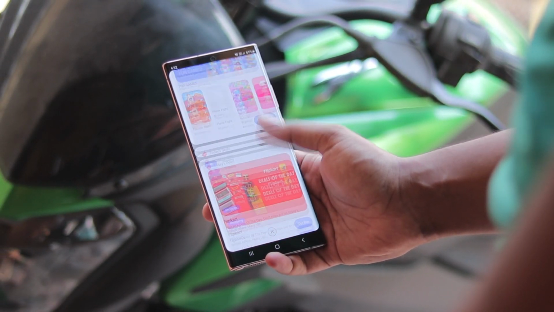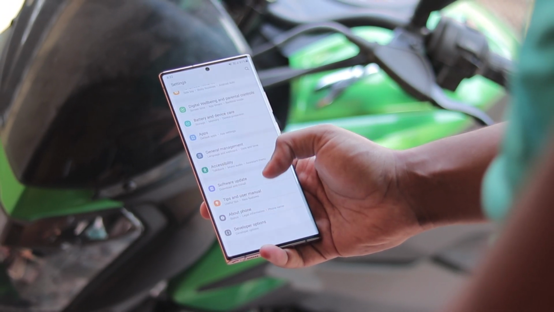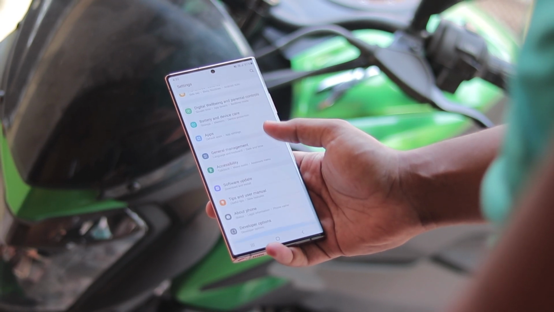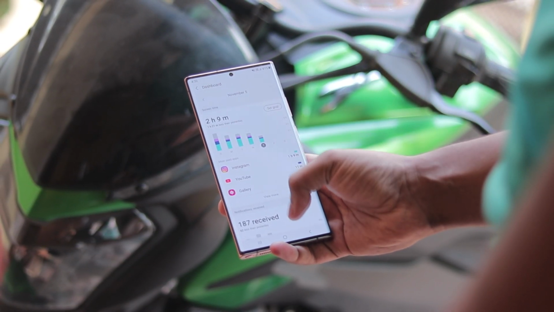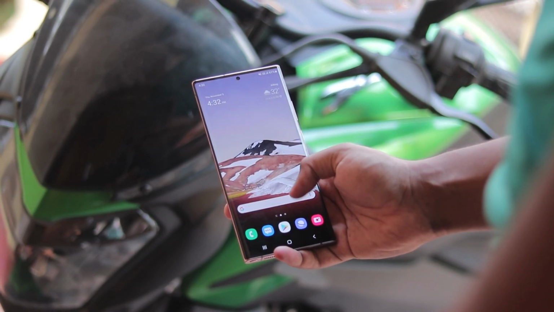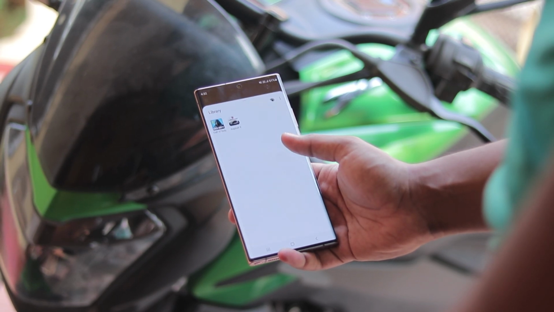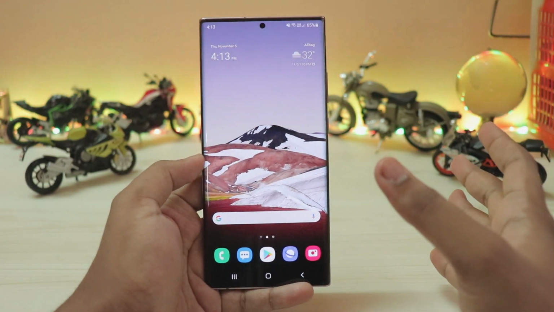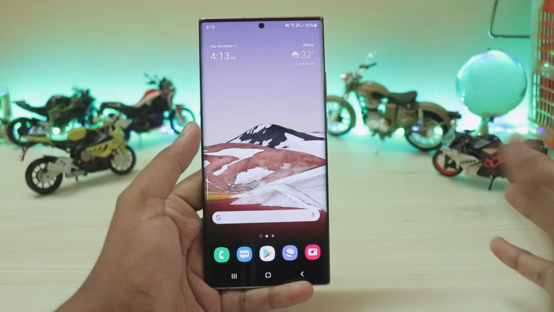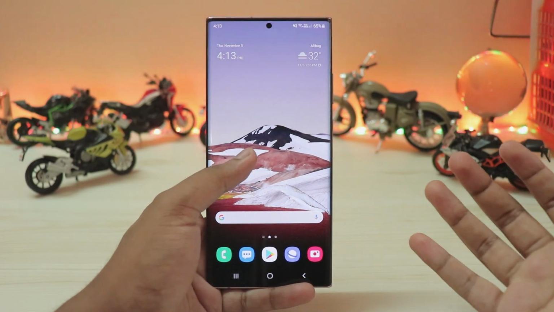So again, this update was rolled out yesterday in India, and I searched all over the internet to see whether I could find some changes covered by other big YouTubers with almost a million subscribers, like Saki Tech. I watched them, but none of them are covering actual features. Almost everyone goes through the changelog, finds just nothing, bug fixes, and doesn't even notice the newer quick setting toggles. Those are such simple changes done to this beta update, but no one cares about it. So it's really sad. So your boy is here to cover them.